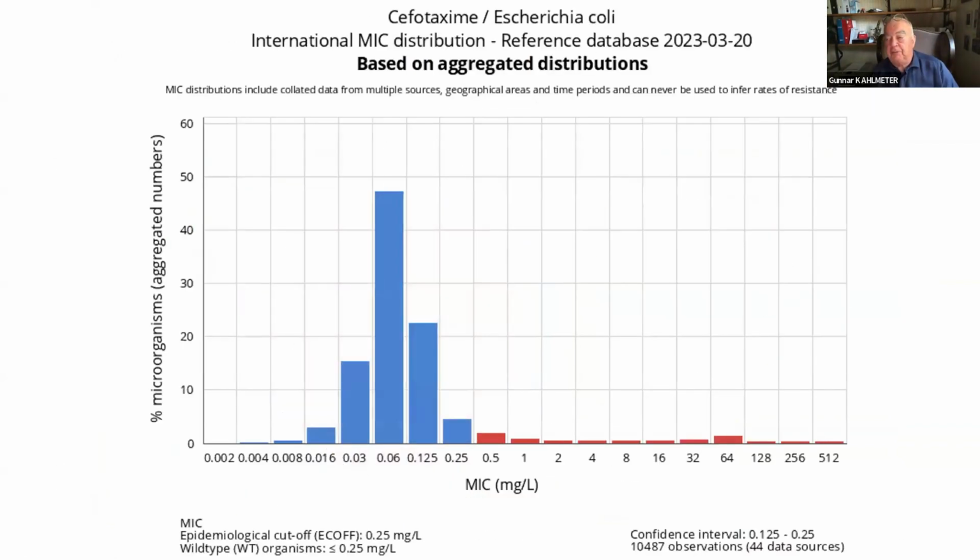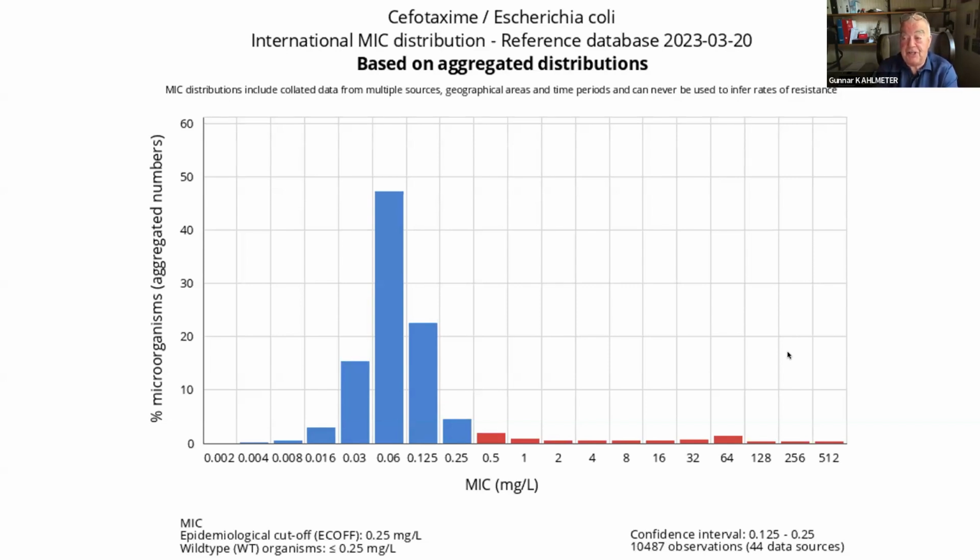So this is a good example. This is something you're all up against. It's E. coli and it's cefotaxime. And I put it to you that irrespective of where I collect E. coli in the world, they will distribute in a very similar fashion. And the blue bars will be identical. The proportion between the blue bars and the red bars will differ in different parts of the world.